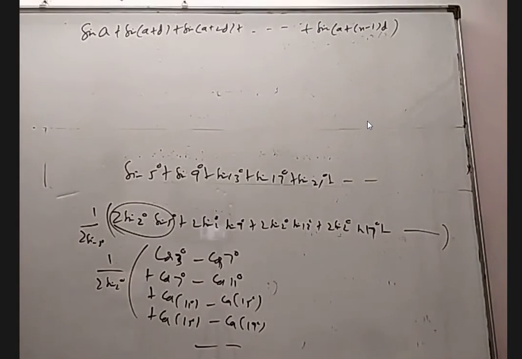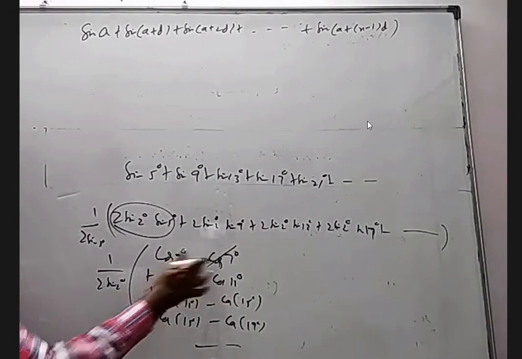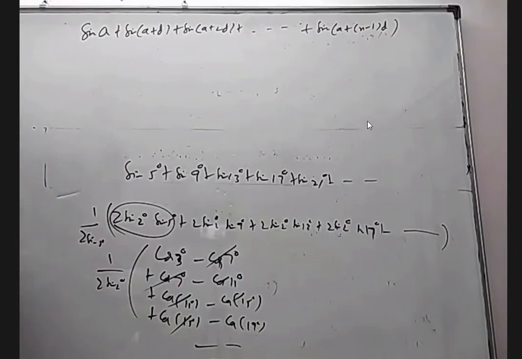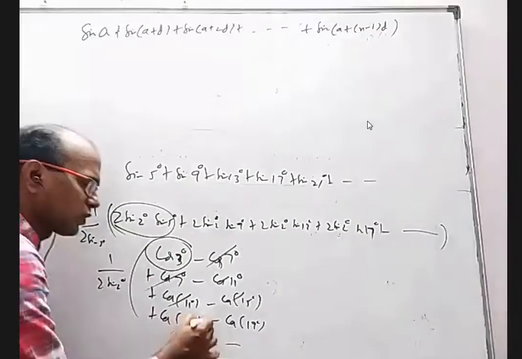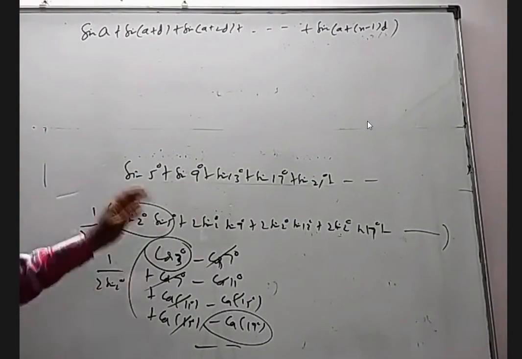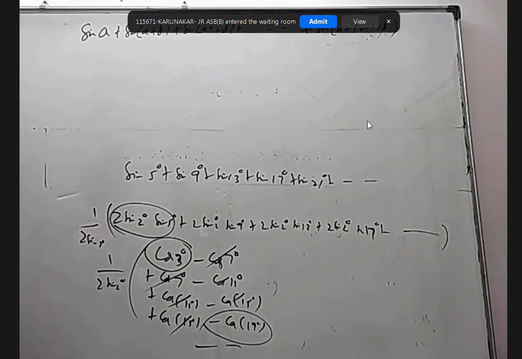So we have 20 terms, 100 terms, I don't care. Now, what is the advantage? Minus cos 7 and plus cos 7 cancel, minus cos 15 and plus cos 15 cancel. You will be left with the first positive term and the last negative term. Everything else will be cancelled. Even if you have 100 things, 200 things, it doesn't matter. Am I right?